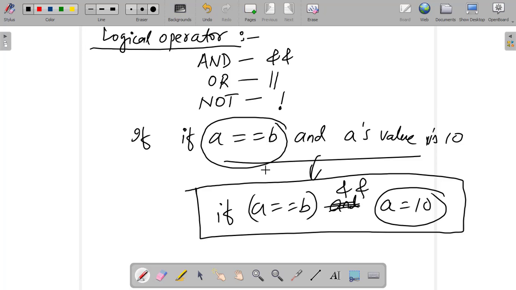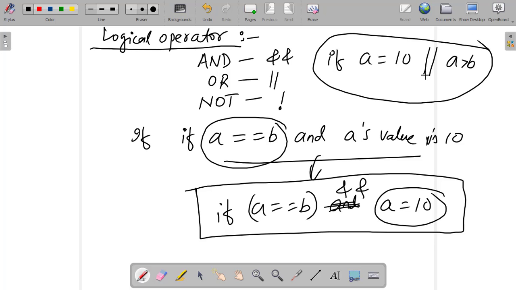Now if I want to check if A is equal to 10 or A is greater than B, this is also a valid statement. OR means either this will be true or this will be true. And if we write AND here, that means both these statements must be true.